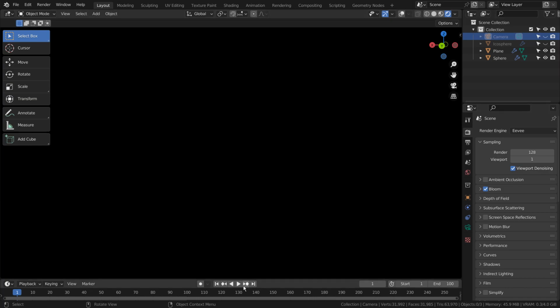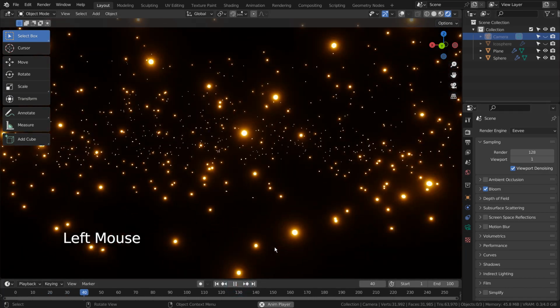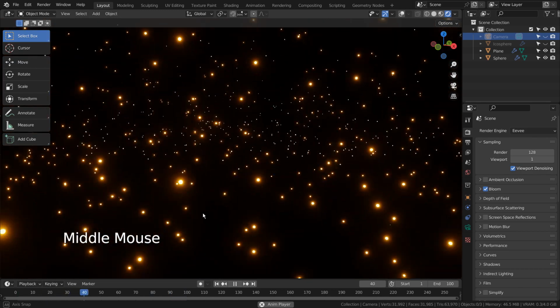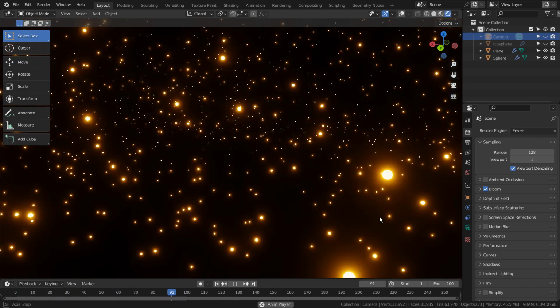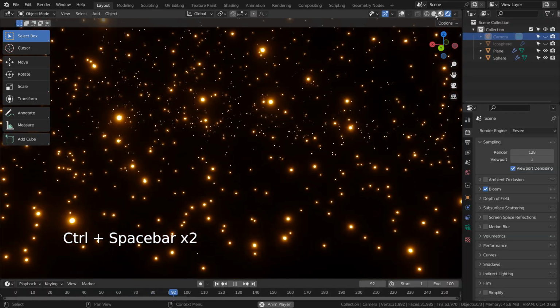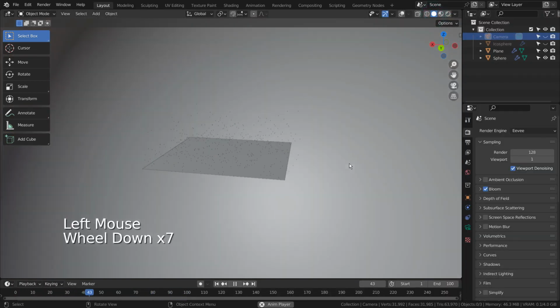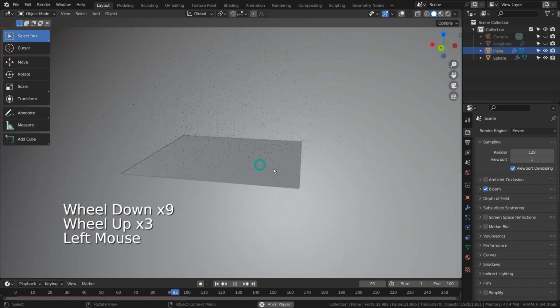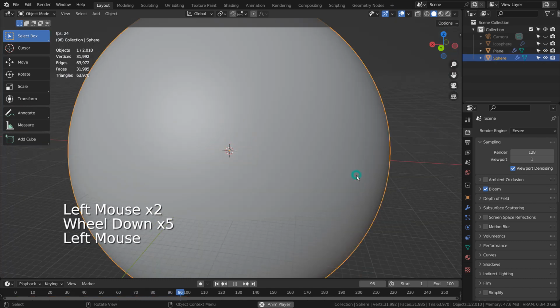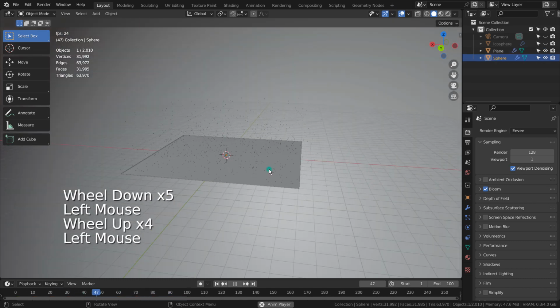In this tutorial, I'll show you how to create this particle animation. I have 3 objects in the scene. This sphere is used to block the scene's environment light.